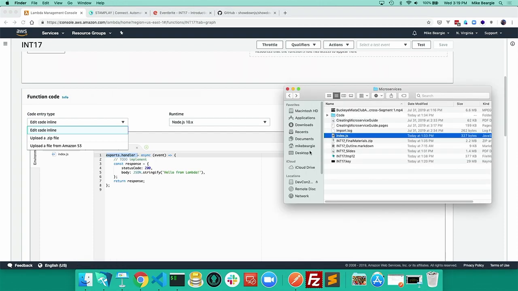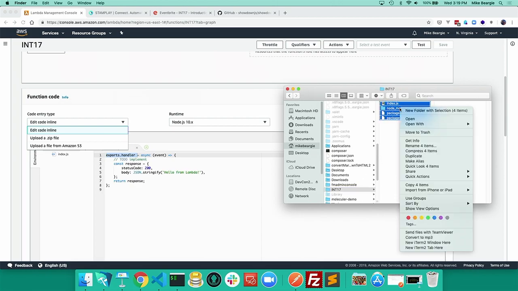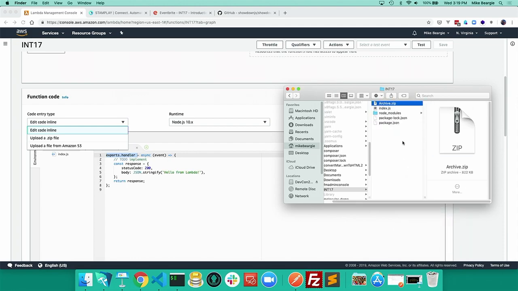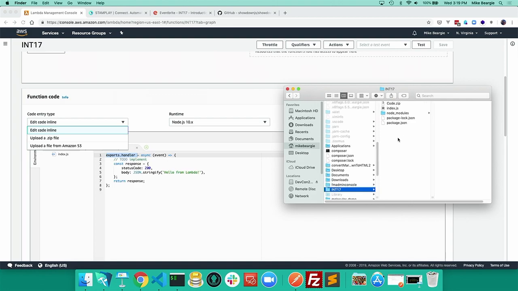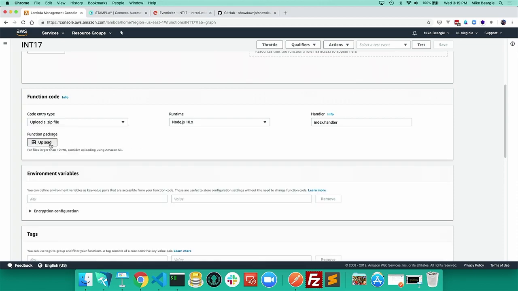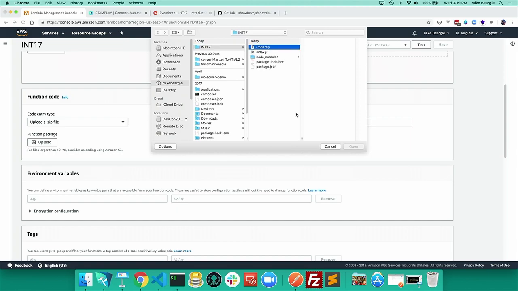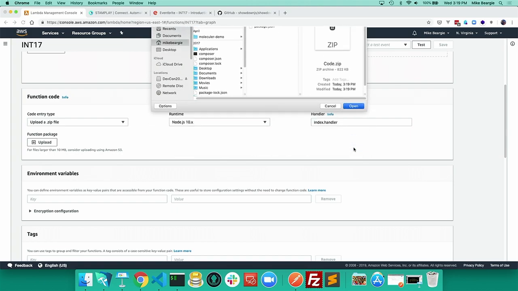So we're going to go to that folder, that INT17. We're going to grab all of this and we're going to compress it into, and I'll just rename that code.zip. So I want to upload that so it's now online. So I'm just going to flip back over, upload a zip file, click on the upload button, go to INT17, find our code file, hit open,